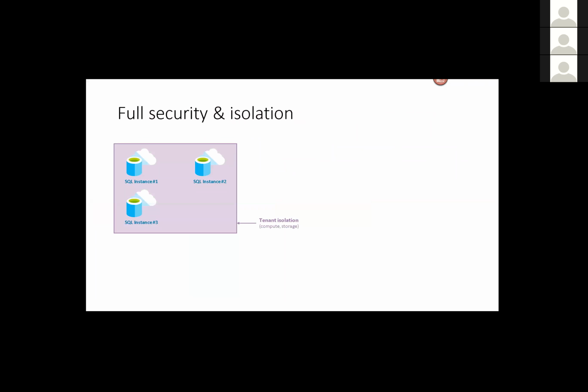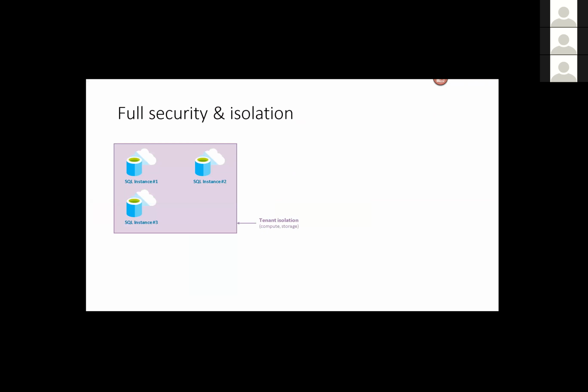Another thing which Azure SQL DB was not able to provide was VNet support, wherein if you have hybrid architectures wherein your application is running on-prem and SQL Server is running on Azure, the traffic for the database goes through the internet, through public endpoints, and most enterprise customers are not comfortable with that.